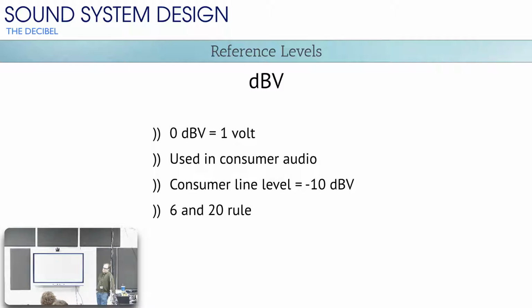You'll primarily see this in what I call consumer audio equipment. This is the kind of stuff you would get at a Best Buy or something. It goes in living rooms, usually has RCA connections on it, unbalanced signals usually, which we'll talk about in a minute. So dBV. The nominal operating level for consumer level stuff is minus 10 dBV. And by nominal, what I mean is,